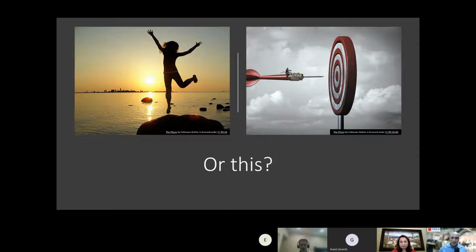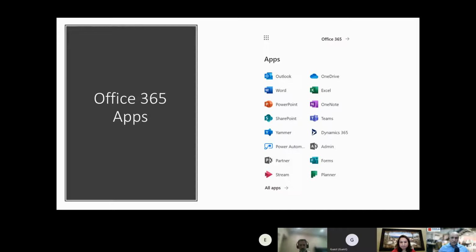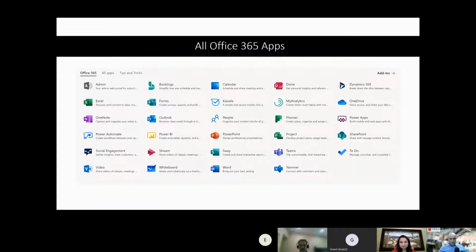Before how, let's look at what tools you already have available that can be utilized. First, most of you are aware of Office 365. You log in, you see these applications. You click on all apps, you see more applications. That's all great. But how does it help you or your team, correct?